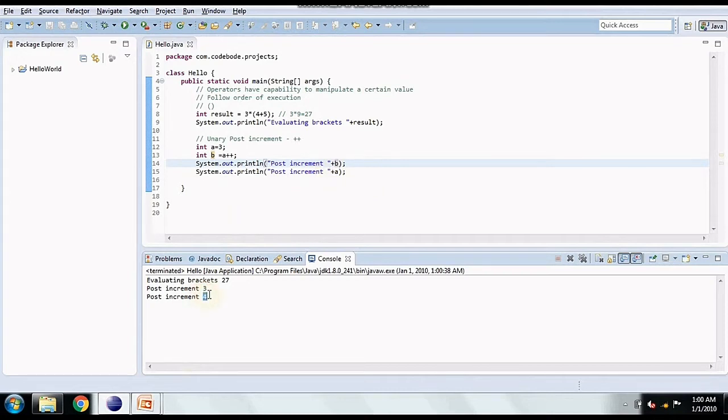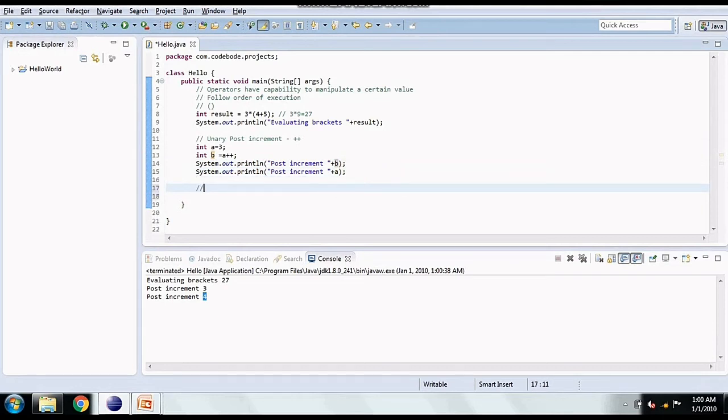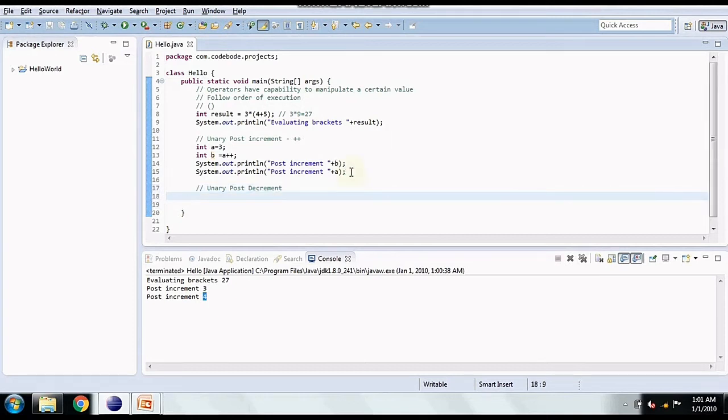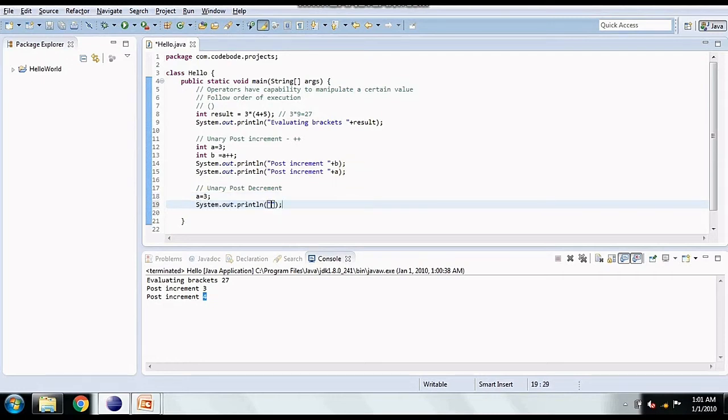And the value of a has changed to 4. Similarly, we have unary post decrement. So again, let's change a to 3, and if I print the post decrement, which is a minus minus, minus minus suggests the value is decremented, and since the decrement operator is after the variable, it is post decrement.